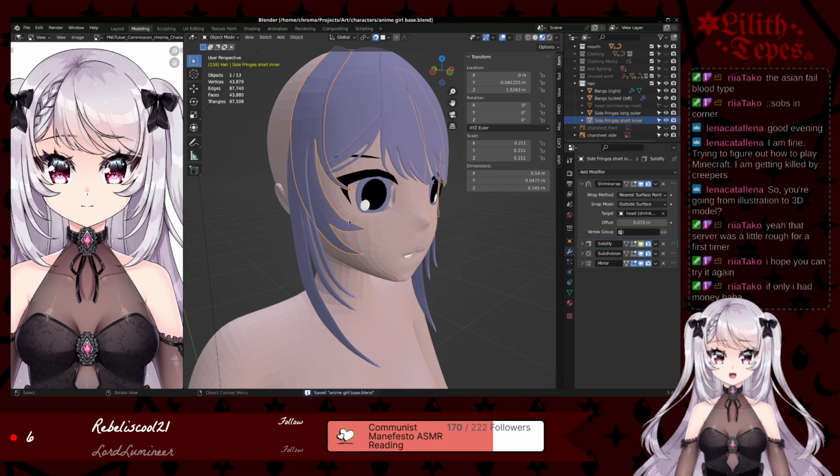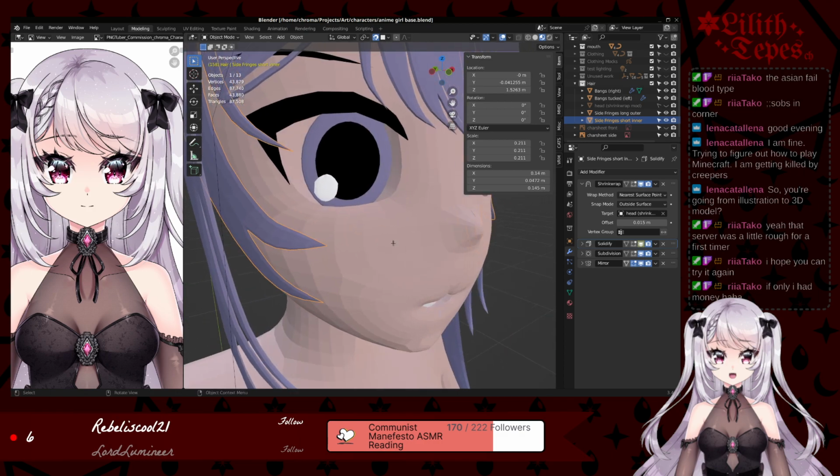Yes, if only I had money. Yeah. It is a little bit of an investment, right? That's kind of the tricky part. If you're not able to draw it yourself, then you need help, but